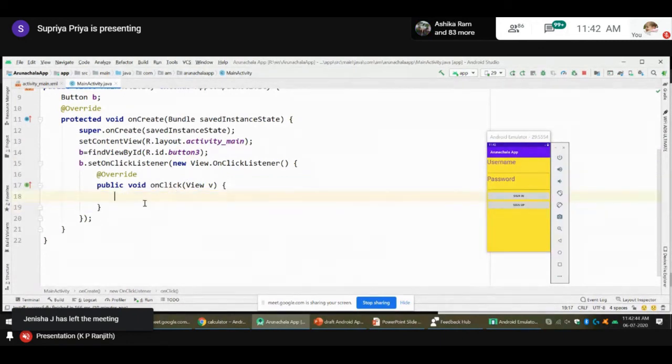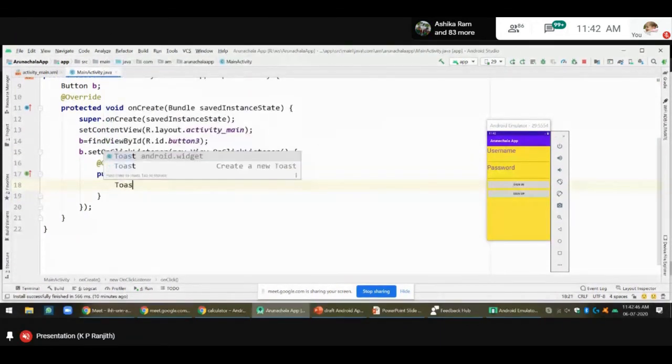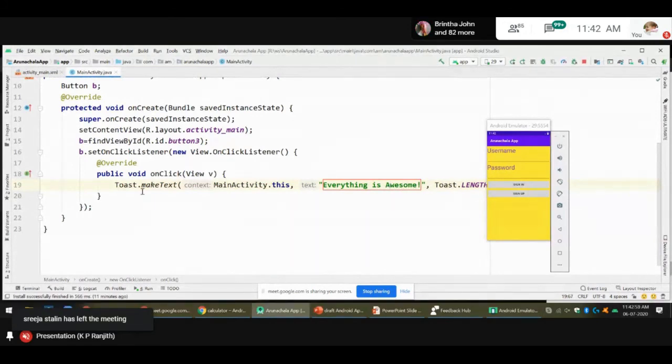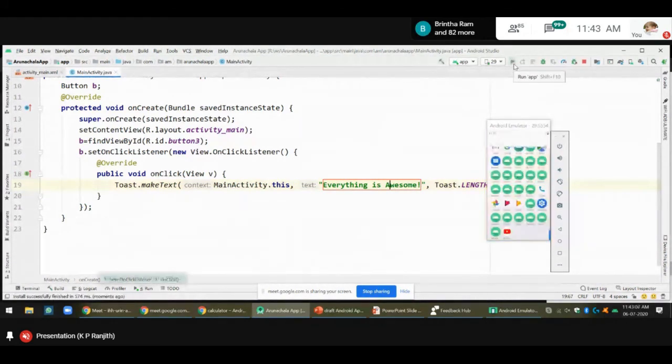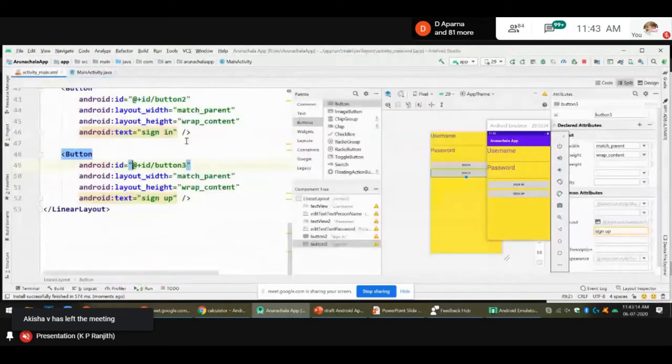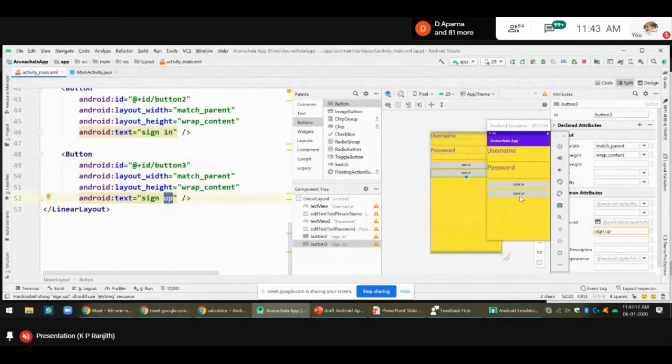Okay. So here let us add one toast message. Do you know what a toast is? A message with black color background and white color text. So I have added this text. Okay, when I click the button this message will be shown on the screen. Let me run it. So when I click this, sign up will come. Okay, let's check. What is Button 3? Sign up. So when I clicked sign up, everything